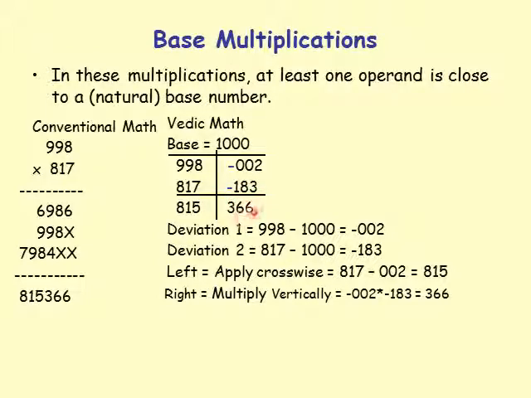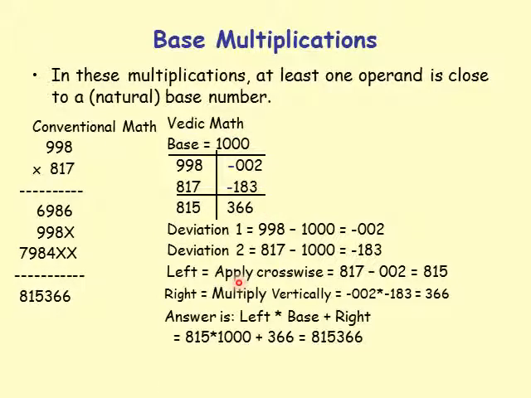The number of digits on the right is 3, and the number on the right is positive, so we can say the answer is 815366. But another way to do it is to say the answer is left times the base plus the right, which is 815 times 1000 plus 366, 815366. Sometimes this detail would come in handy when the number of digits on the right is not equal to the number of zeros in the base,